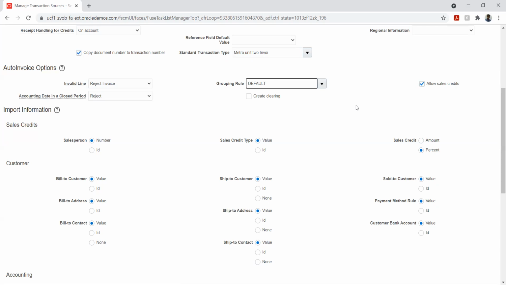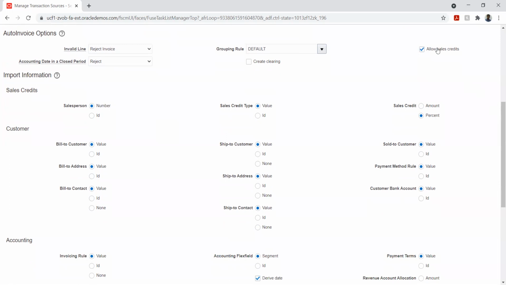And also we have grouping based on the customer, and the customer count, let's say only one or two or anything. So based on that we have multiple parameters. Accordingly, we can set up this rule and it will convert the sales order into an invoice.